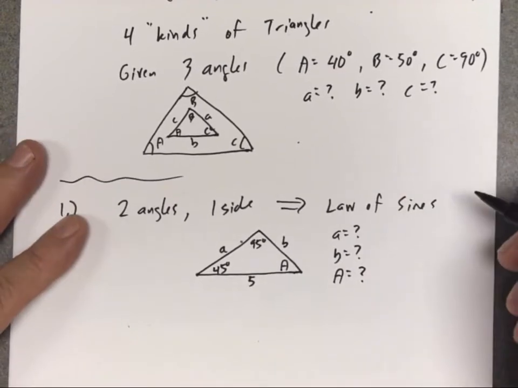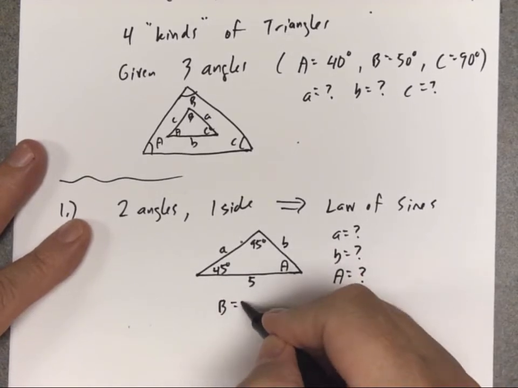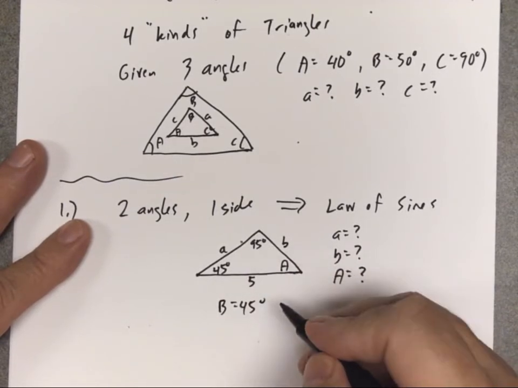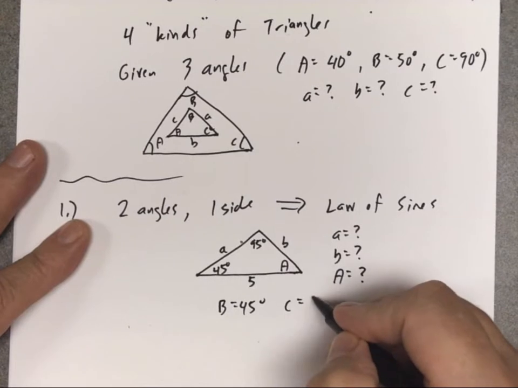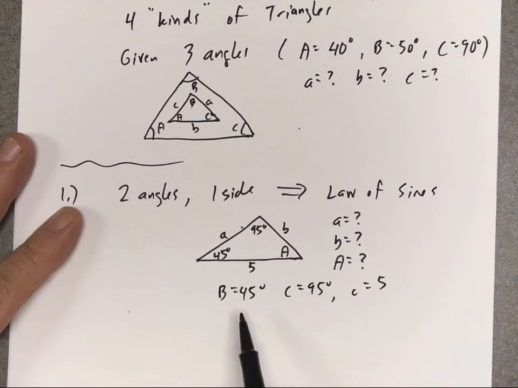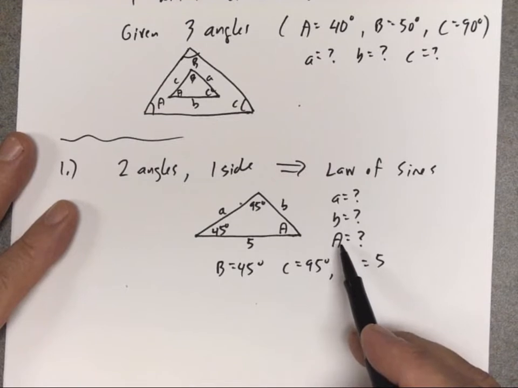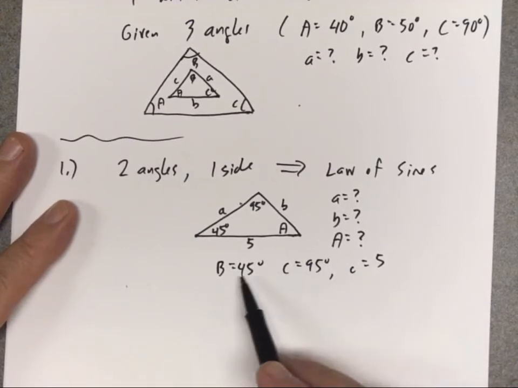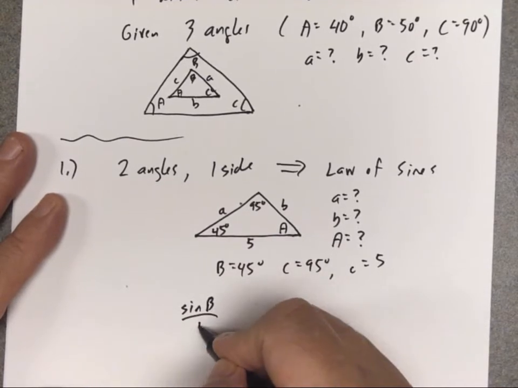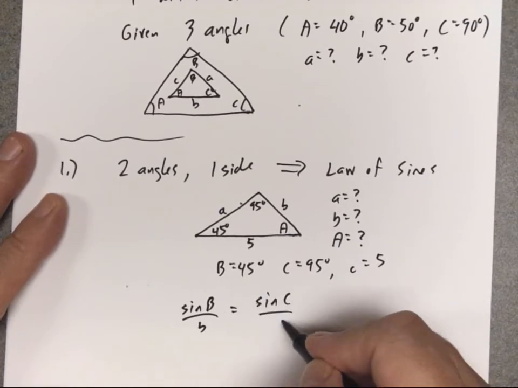So it's figured out. So what do we know? Let's write it down. So we know angle B is 45 degrees. This must be C. So we know angle C is 95 degrees. And then side C is 5. So we know angle B, angle C, and side C. We need to find these 3 things. Law of sines, look at here. I've got B's and C's. Law of sines would say the sine of angle B over side B equals the sine of angle C over